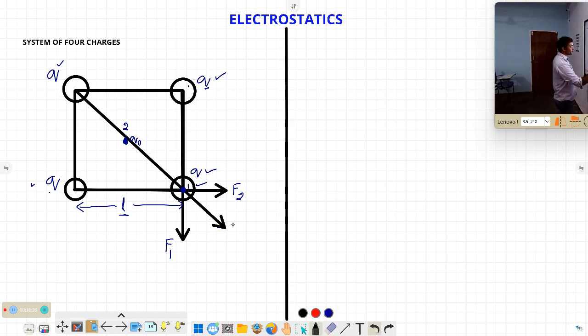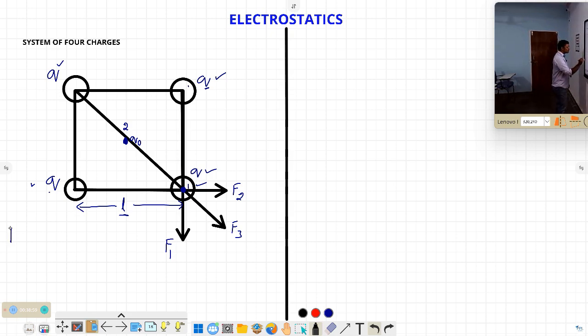Right? This force I am taking as F3. So there are three forces acting on this charge Q at the first position. Now find the resultant force of these three. That gives the answer for the question, the net force acting on the charge at that position. That is important. First, you need to understand here, if you come across F1, F2,